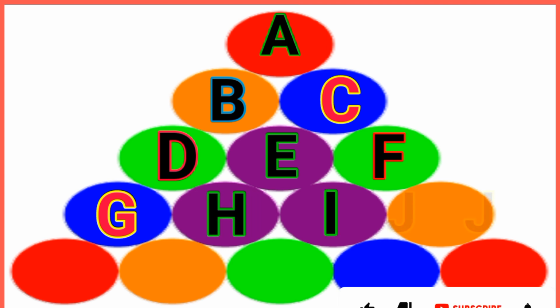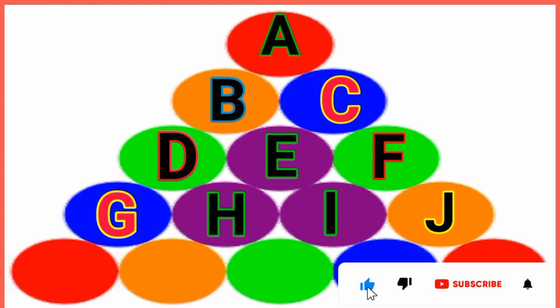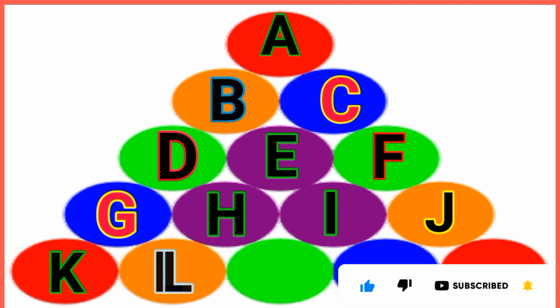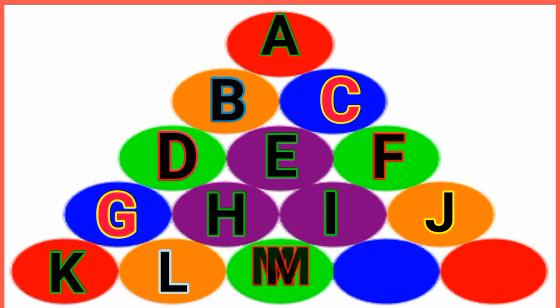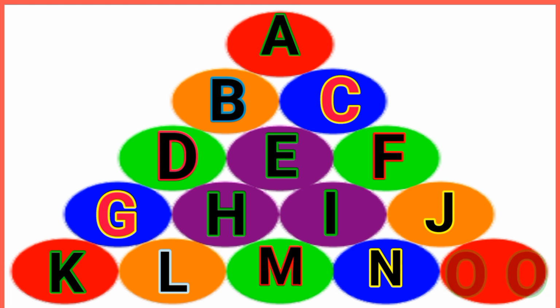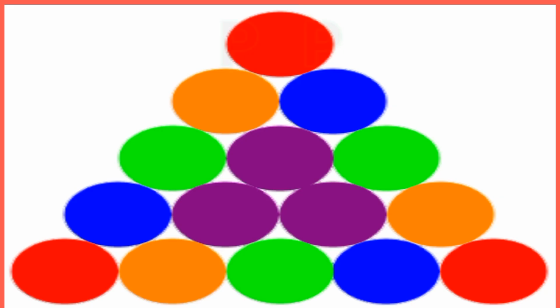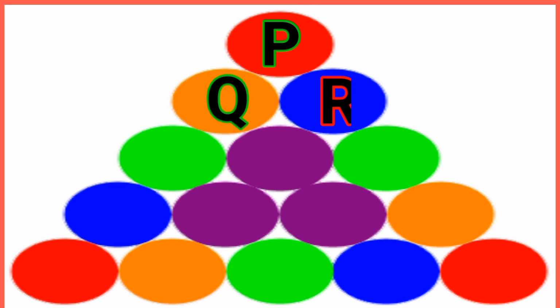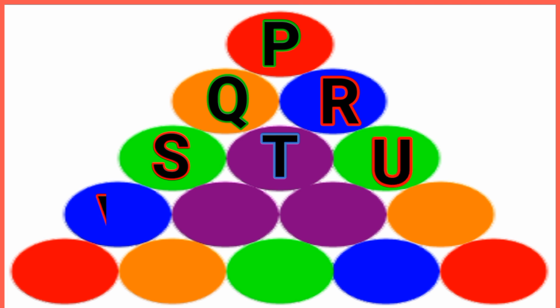I for ice cream, J for jug, K for kite, L for lion, M for monkey, N for nest, O for orange, P for parrot, Q for queen, R for rabbit, S for sun, T for tiger, U for umbrella, V